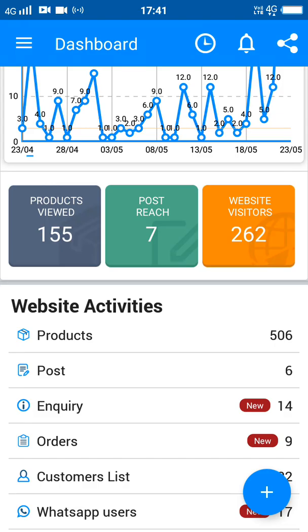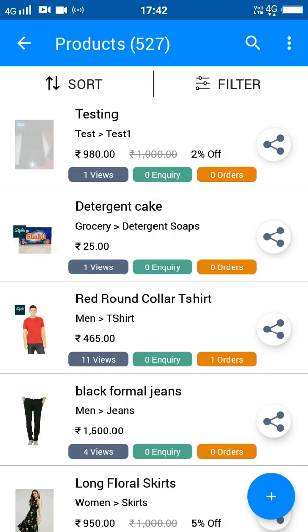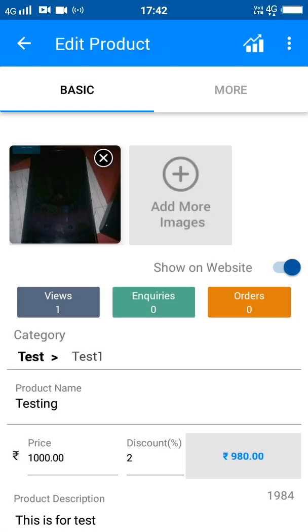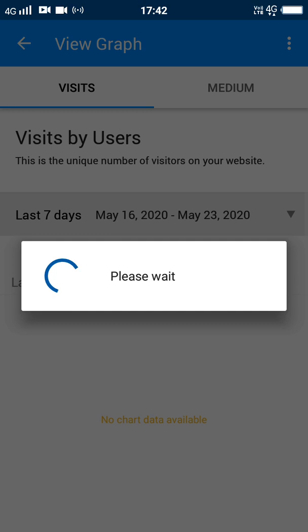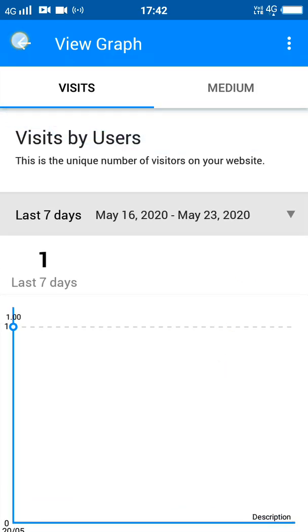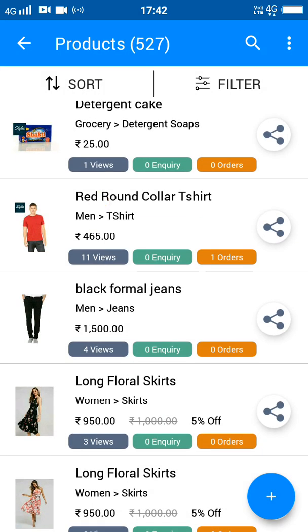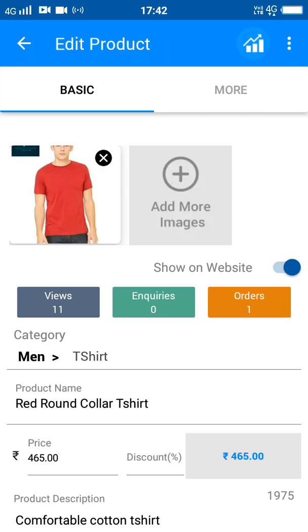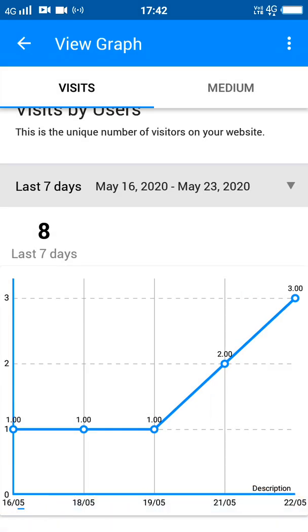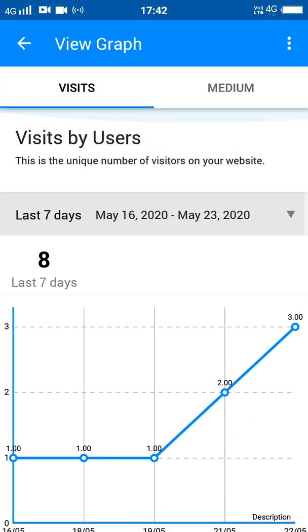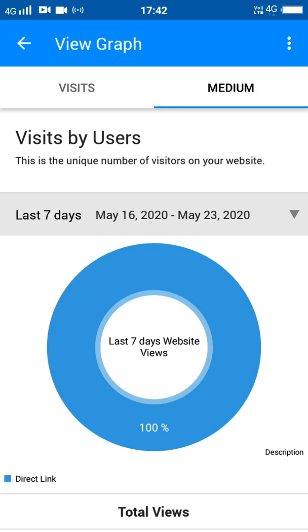Here you can see I am going through the product list. Here when you click on the edit product, you can see the graph icon on the toolbar. So here you can check how many visitors have visited your particular product. Here suppose there are 11 views. Once I go through this graph icon on the toolbar, I can see, so this will take you to a timeline graph where each entry is recorded date wise and origin wise. It will be displayed on your screen.